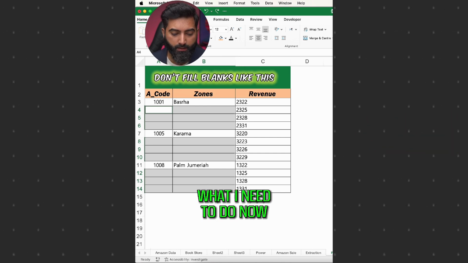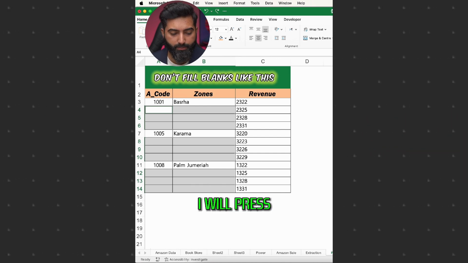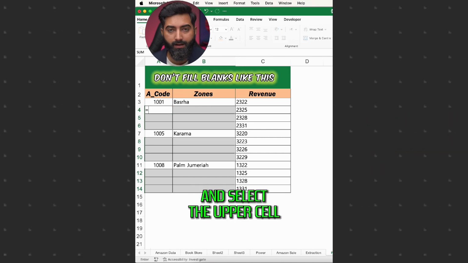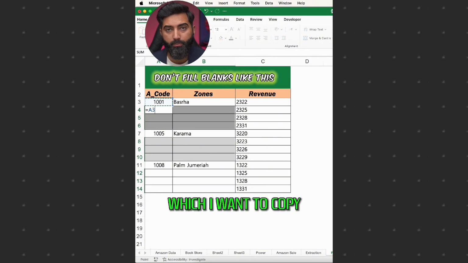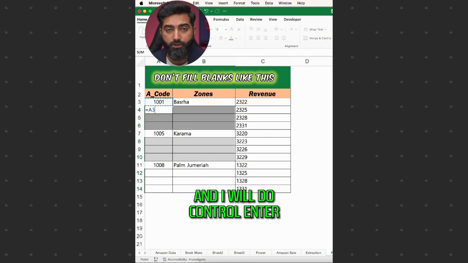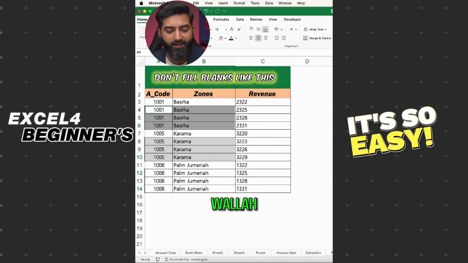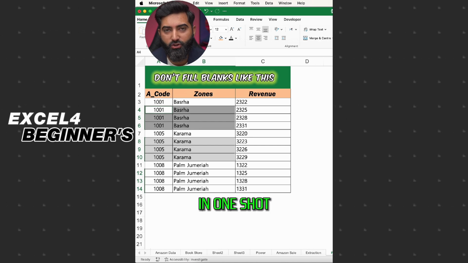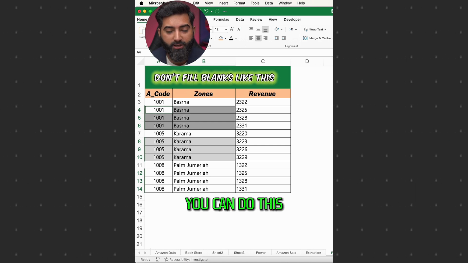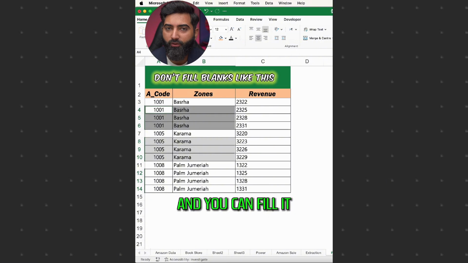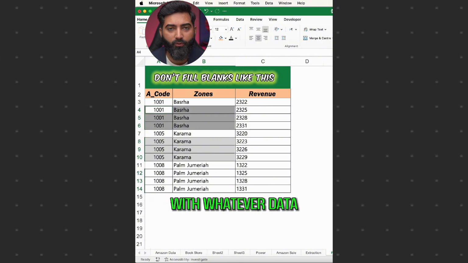What I need to do now, wherever a cell is selected, I will press the equal sign and select the upper cell, which I want to copy all the areas, and I will do Control Enter. Voila, I will fill all the cells in one shot, and it could be a huge data. You can do this in one shot and you can fill all your blank spaces with whatever data